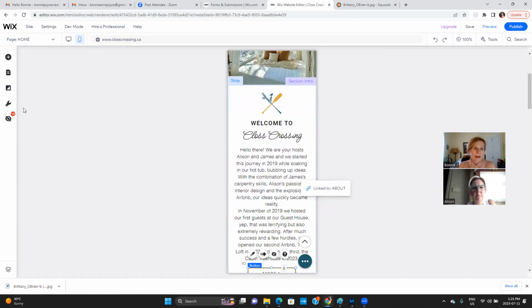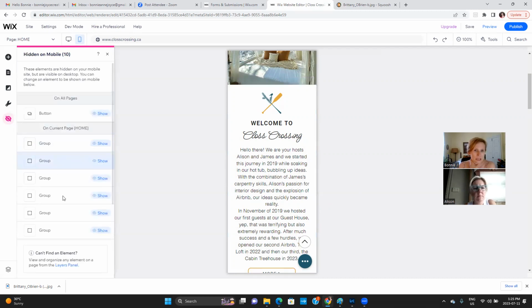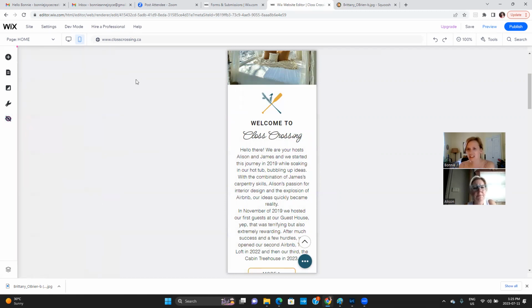So, for example, on here, there are some elements that I've actually deleted, little boxes or lines or details that made sense on desktop, but on mobile, they're just cluttery. So you can delete them. Any changes you make on mobile do not affect the desktop version, but not the other way around. Any changes you make on desktop do affect the mobile version, which is why I always do the desktop version first, because you don't want to be having a ping pong back and forth changing it.